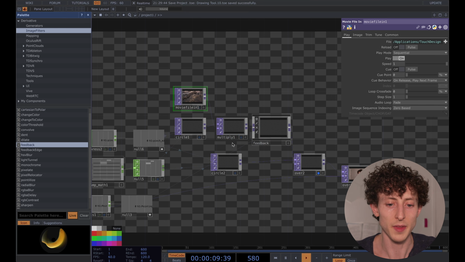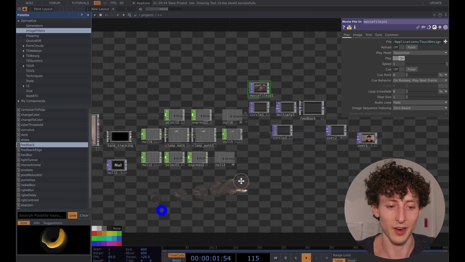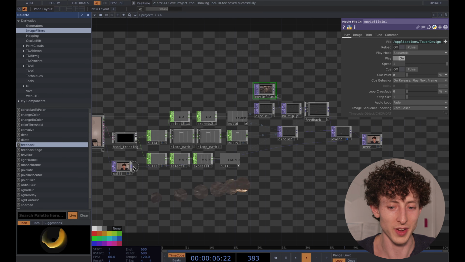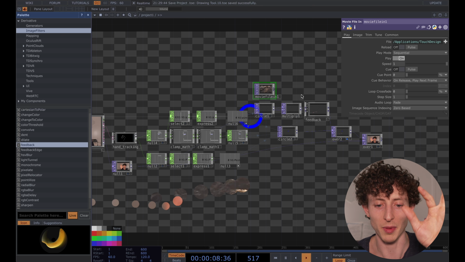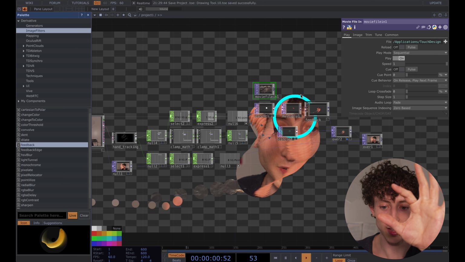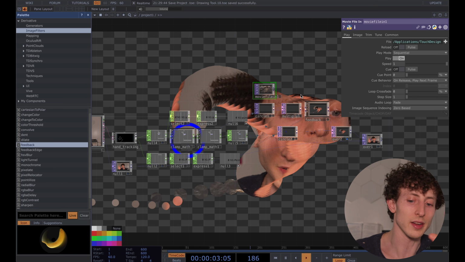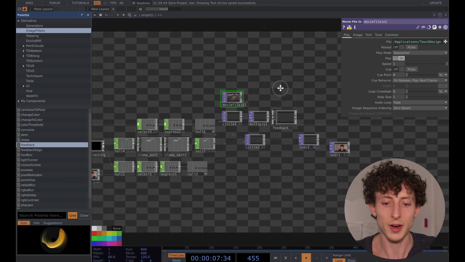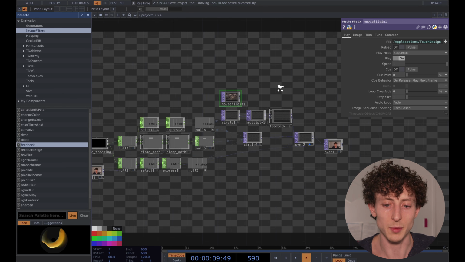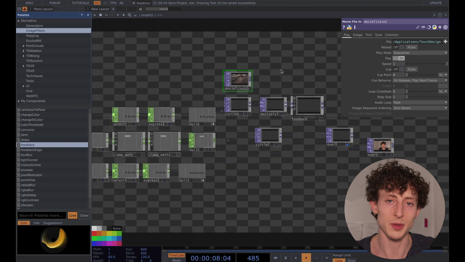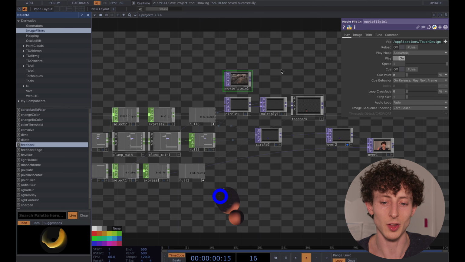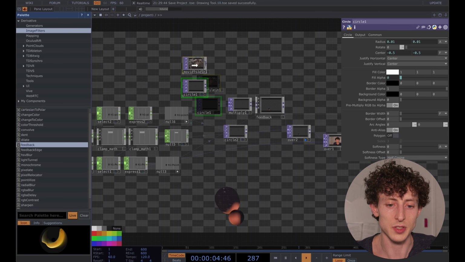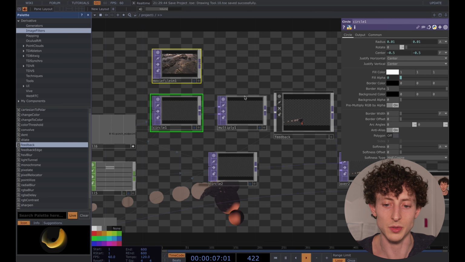I'll clear this. We could also just snag our video device in as well if you wanted. Here's our null from our video. I could just connect this in as the multiply, and now we could start painting in and leaving trails of the video, which is great. But we kind of want to have a couple different options to cycle between. So a nice way of doing that is by using our thumbs up gesture to cycle between a couple different videos. So let's set that up for ourselves first so we can have a couple different options to multiply